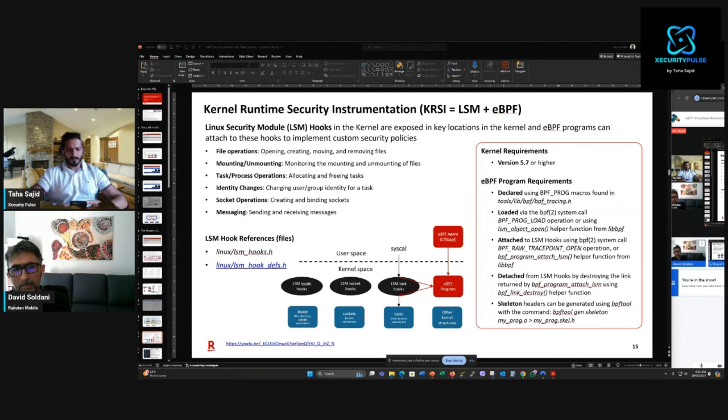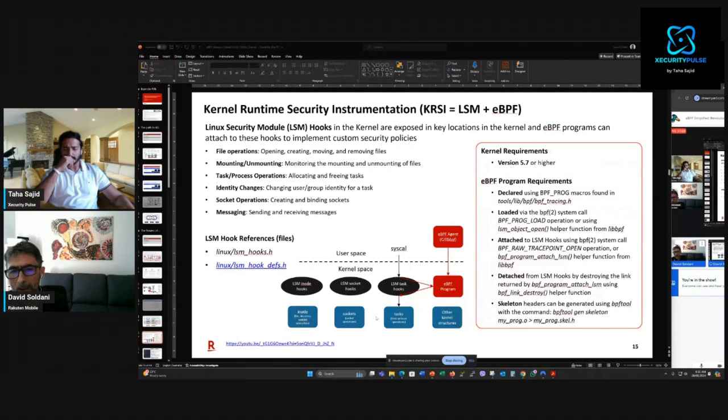And the messaging, so the system calls related to sending and receiving messages. So basically you have a framework here you can use to attach your eBPF programs, or use these macros and helpers to achieve this